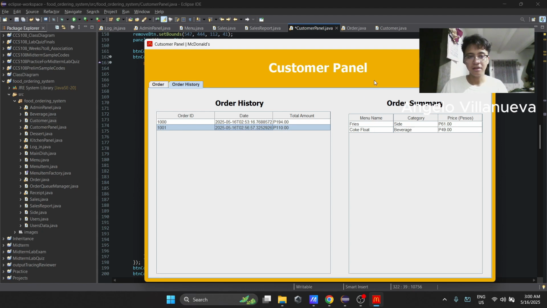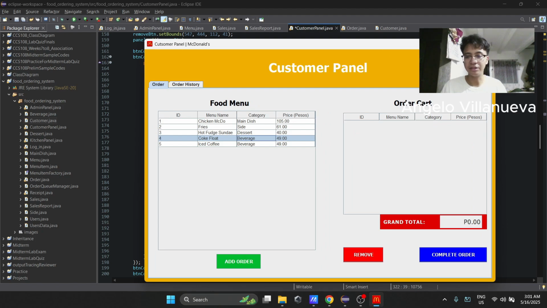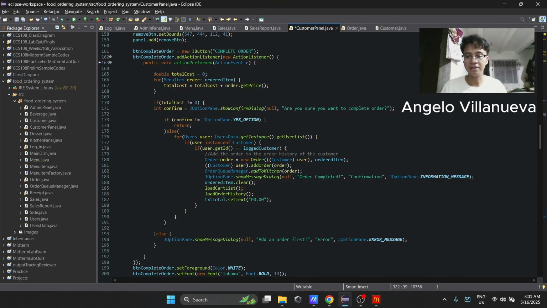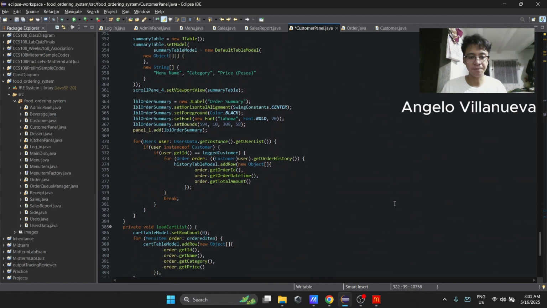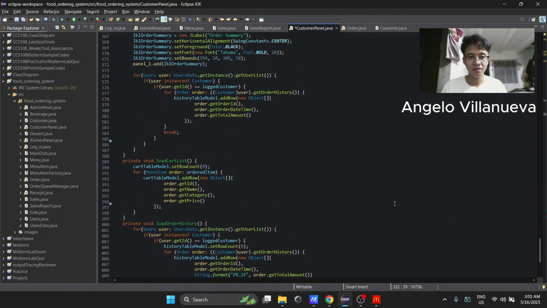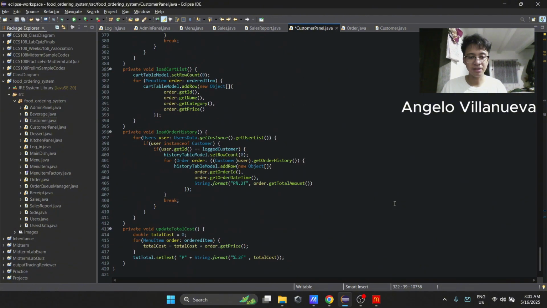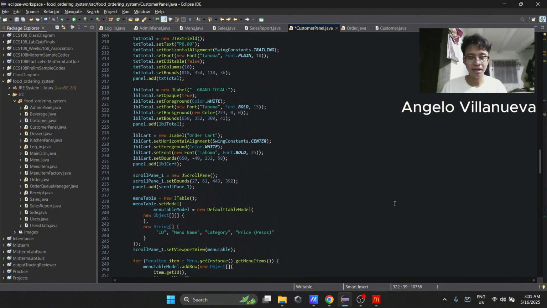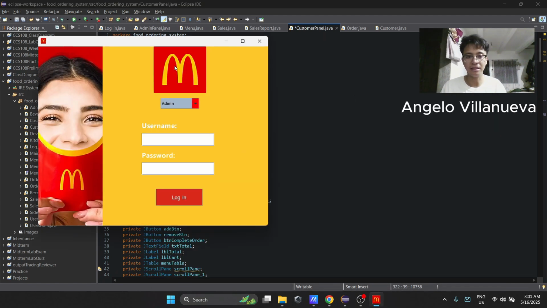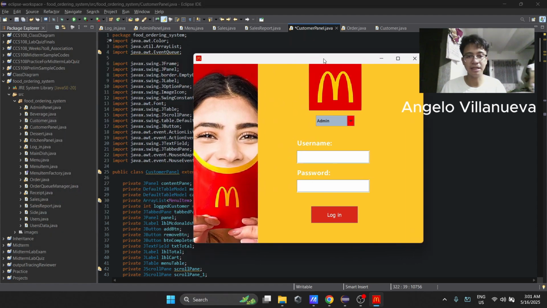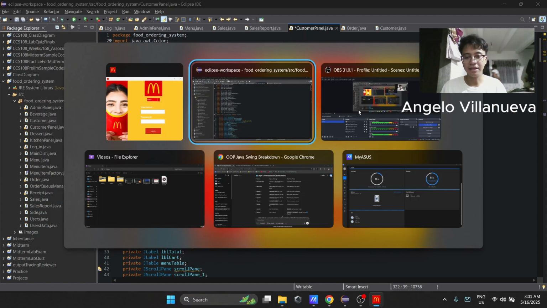So ayun, to add na rin pala, meron tayong logout button dito, which is meron action listener na kapag kinlik natin yan is mapupunta siya sa ating login.java or login JFrame. So pag kinlik natin yan, nandito na ulit tayo sa login. So thank you for listening.